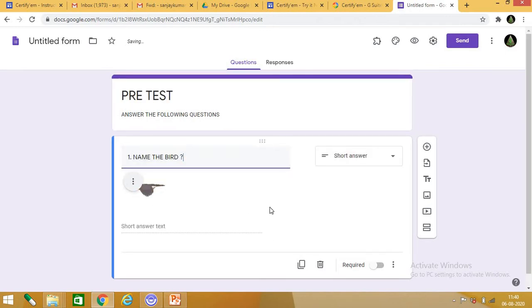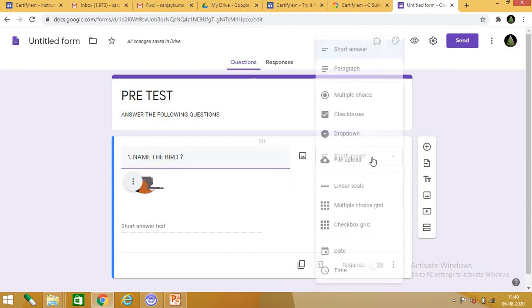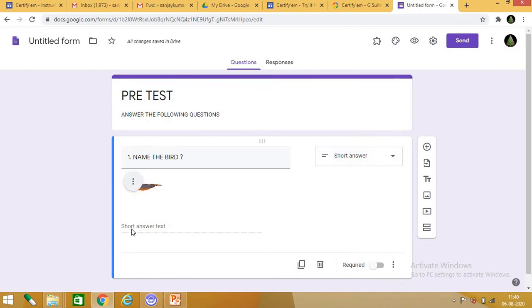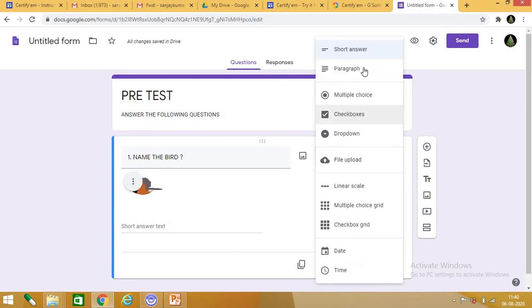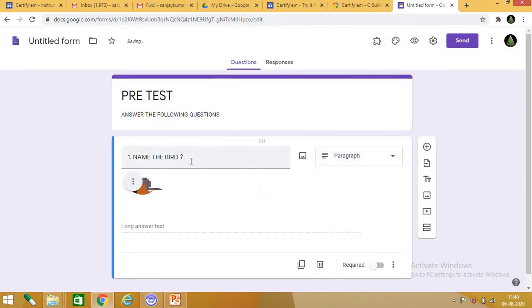Now what type of answer will the child give? Short answer. Select short, you will get one line. Here he can name the bird. Paragraph: suppose you are asking write 5 sentences on this bird. So he will be able to write a paragraph on it.